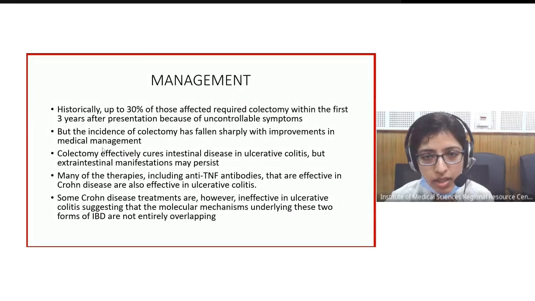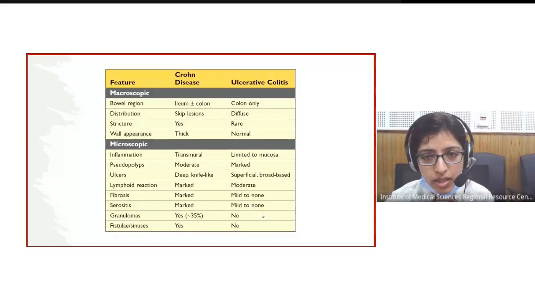We have a lot of medical therapies, again the biologicals, the anti-TNF antibodies that are effective in Crohn's disease. They're also effective in ulcerative colitis. Some Crohn's disease treatments are, however, ineffective in ulcerative colitis, and this again is because of the differences in their molecular mechanisms, differences in the genes that are implicated in the two diseases. So they are not entirely overlapping. So to summarize,